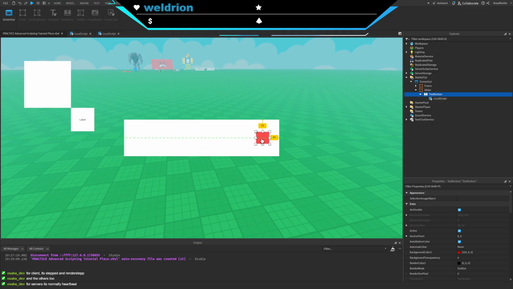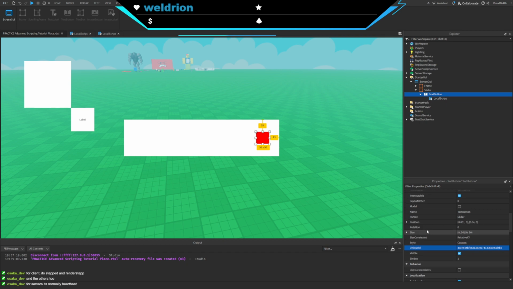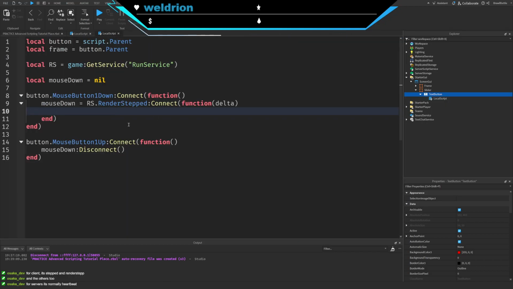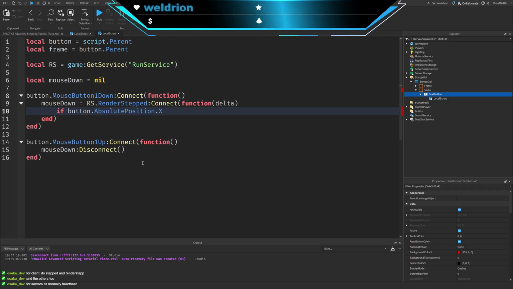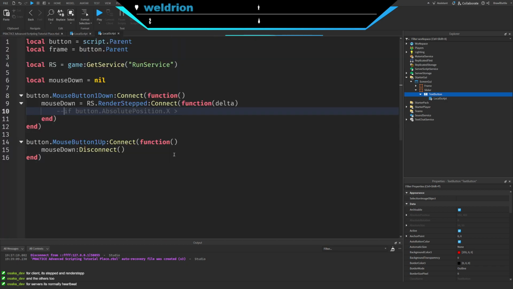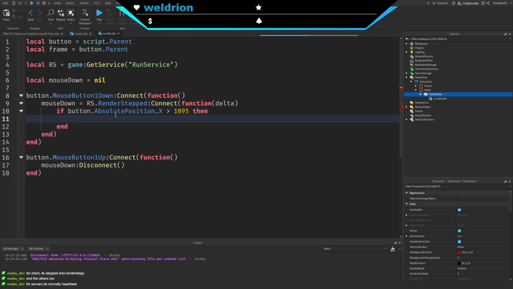What would the position be if I were to move it this way? This would have an absolute position of 1092. So if I were to make the absolute position like 192, then I guess I will say if button.absolutePosition.x is greater than, wait, what was the value again? I already forgot. It was something like 1095, I'm just going to say that. If it's greater than 1095, then